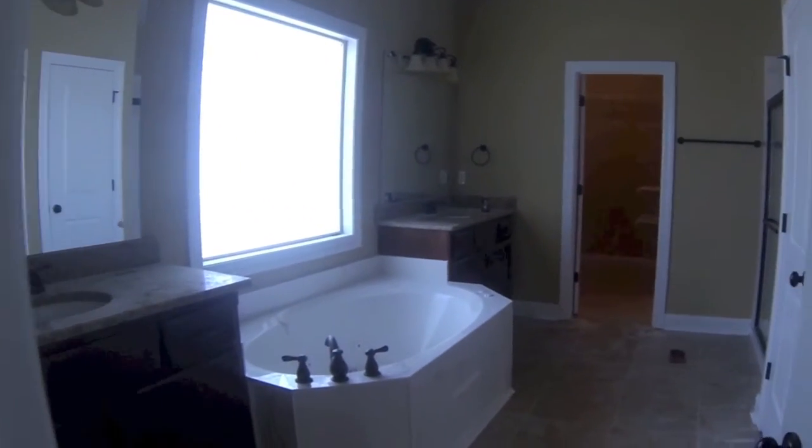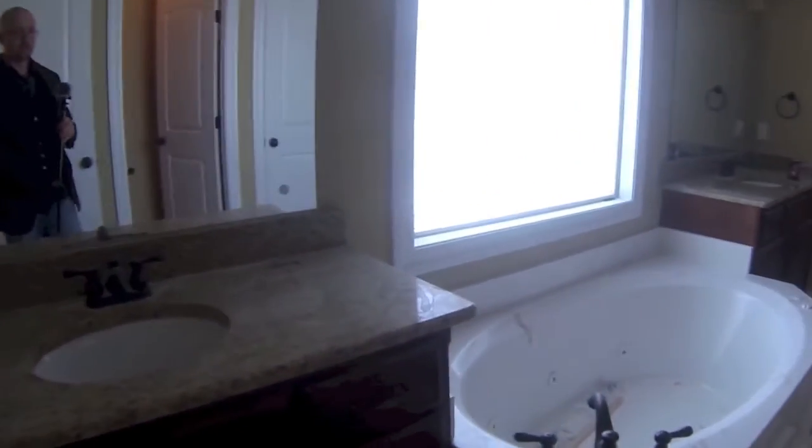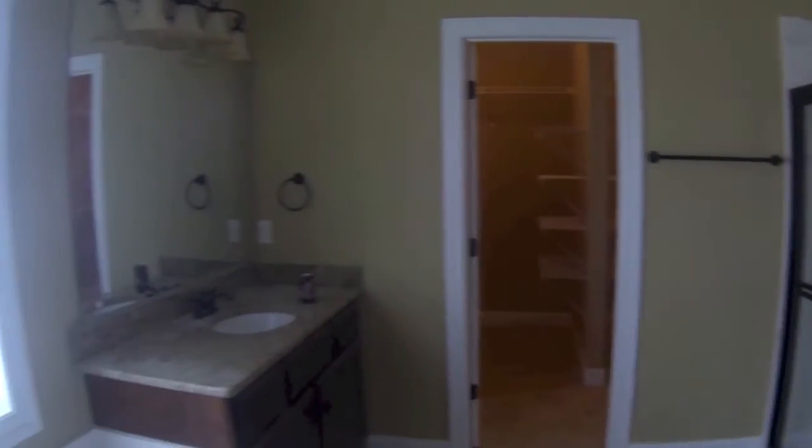The master bath is also nicely done. Again, you have granite countertops. You have the oiled bronze, antique bronze finishing touches, the darker style semi-custom cabinetry, separate water closet. That's the southern term for it, water closet. And then you have the, now that you can really see it with the light glaring, but you have the leaded glass style finish, obscured window